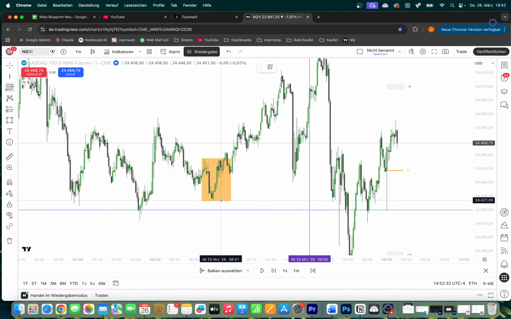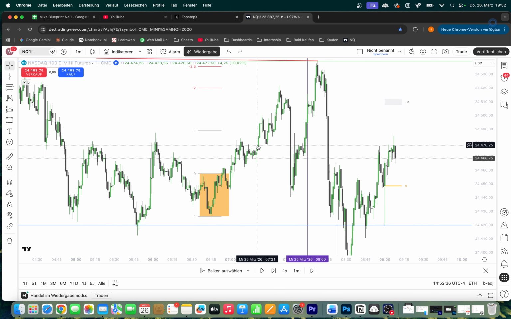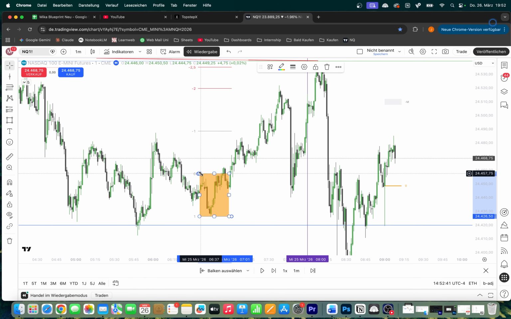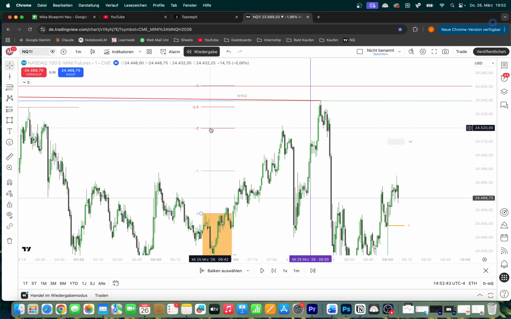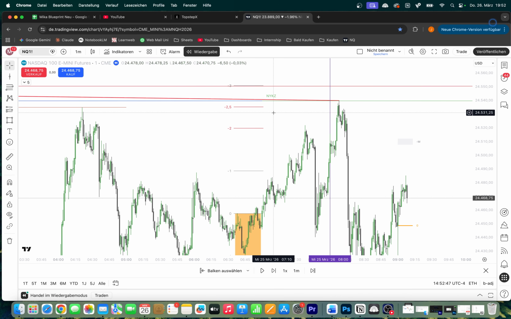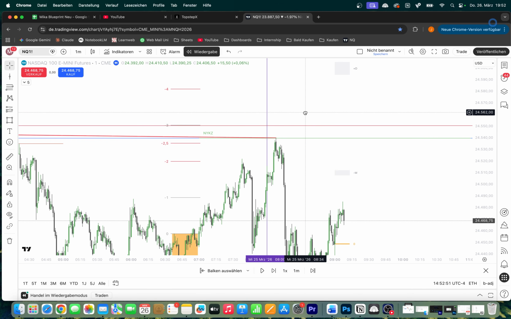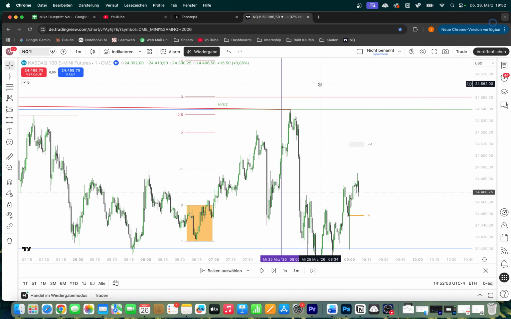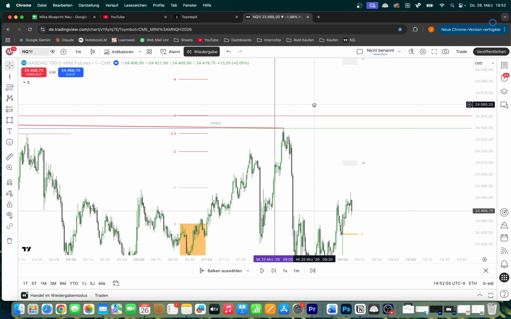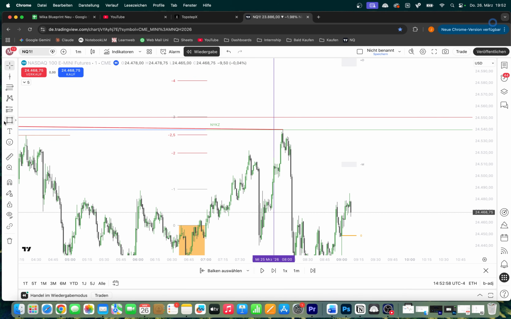So now we are using standard deviation here. You can see I started to draw from this low here to this high here, and now we are projecting levels in the upside direction. Now it gets a bit complicated, but I'm looking for two different levels. What we're doing with standard deviation basically is trying to anticipate